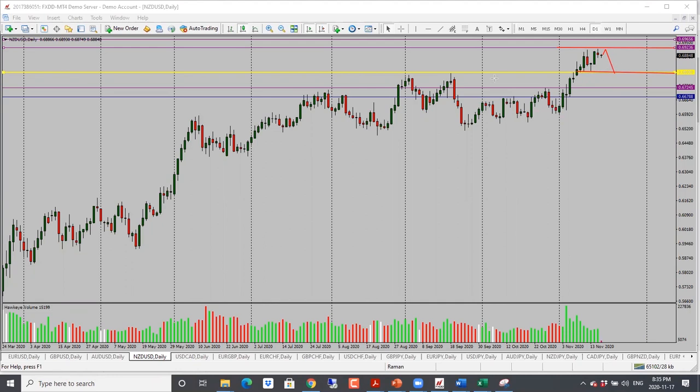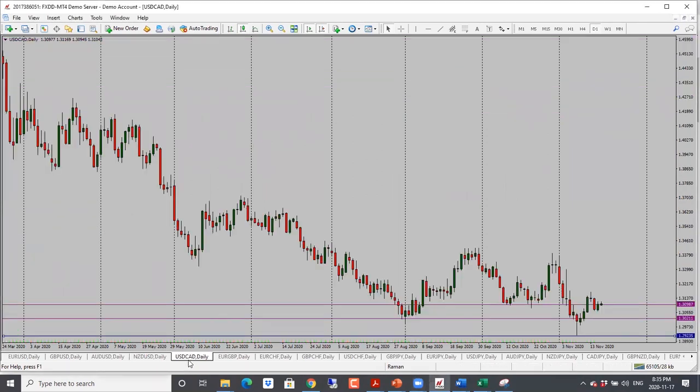So this is the range price has been trading in. So I would look for a move back towards the support level here. So neutral to bearish bias for New Zealand dollar. Dollar CAD here, this one we can see price